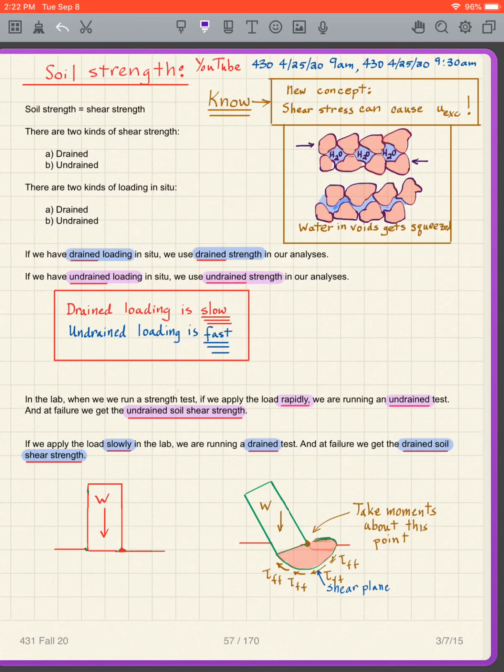But now I just want to explain again briefly why shear stress can cause an excess pore pressure. So how does that happen? For instance, here I have my soil particles in this manner. Notice that I've got a saturated soil, and I have a good bit of void space there. And what can occur is that if I create a shear stress in this manner by pushing in one direction at the top and another direction at the bottom, so pushing to the right at the top and pushing to the left at the bottom, in a sense, what happens is that